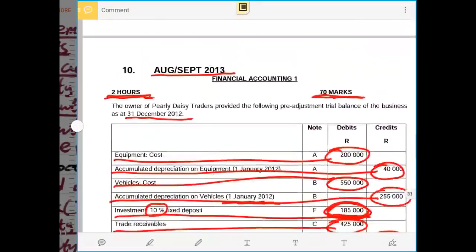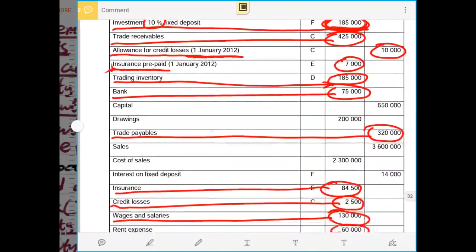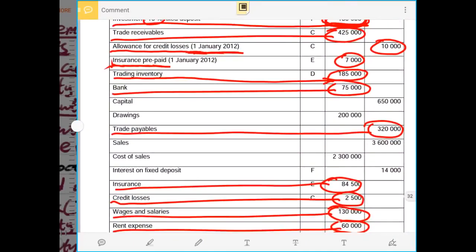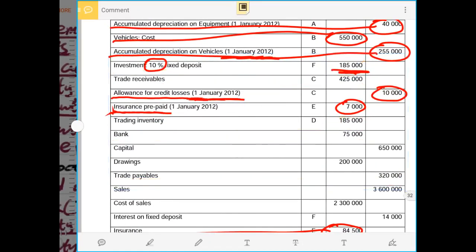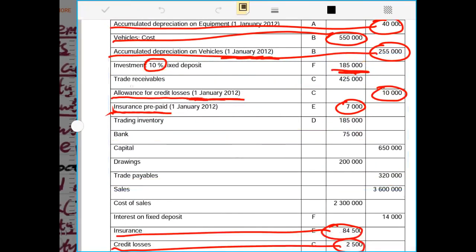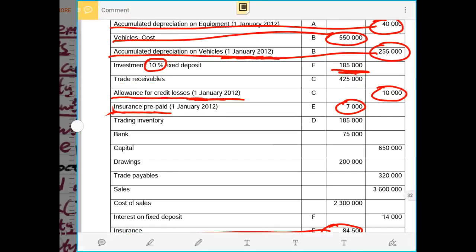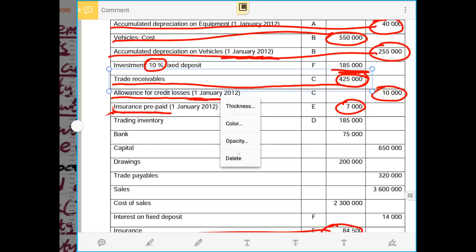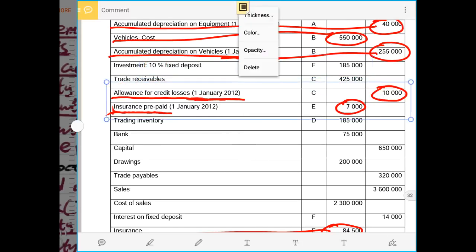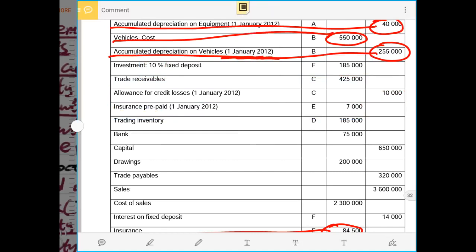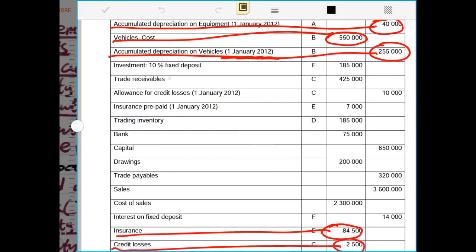So now let us go and check the amount of our trade and other receivables in the statement of financial position. So now in the statement of financial position, we see that our trade and other receivables amount to 425,000 rands. Remember, 25,000 rands of the debtor that was declared insolvent and paid 20 cents in the rand is still inside there. So now we first have to remove that, and we say